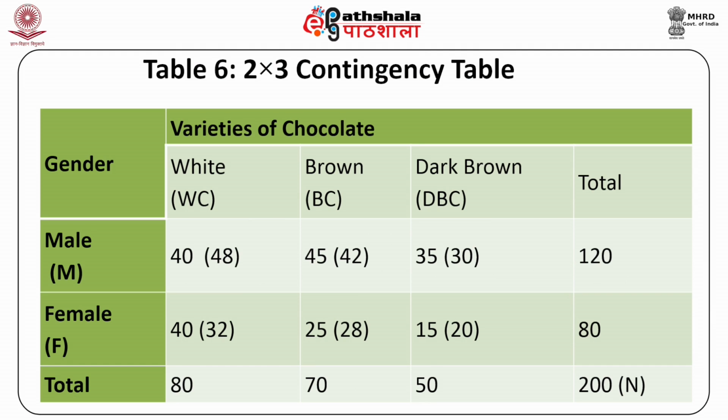So in this table, you can see we have the observed frequencies, and in the parenthesis, we have now the expected frequencies. Now, to test the independence of two variables, we need to compare these observed and expected frequencies of each cell and find whether the difference between the two is large or small. If small, it can be attributed to sampling fluctuations, and if large, we would conclude that the two variables are